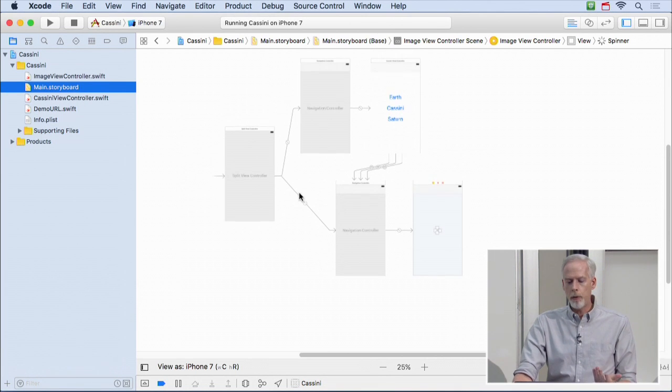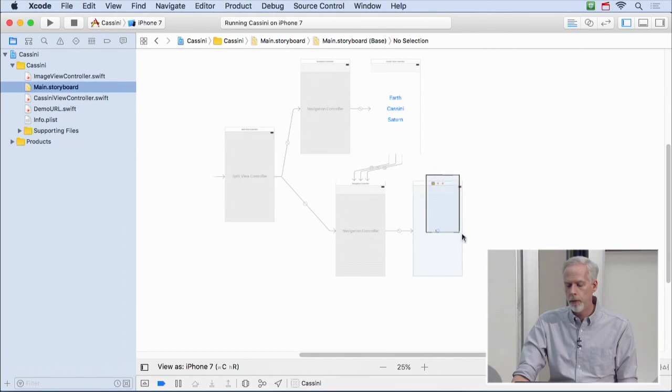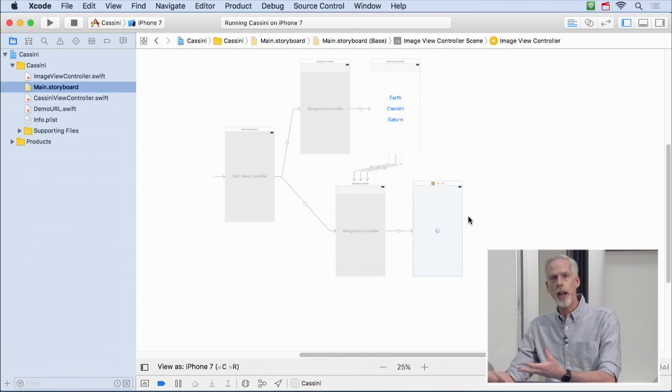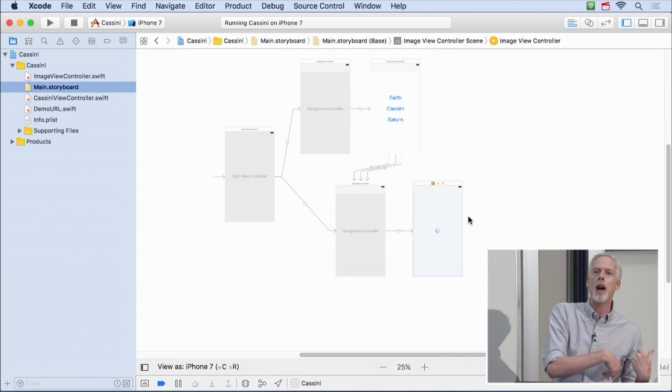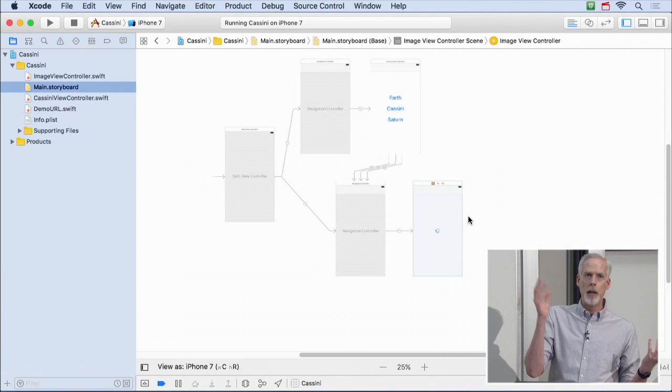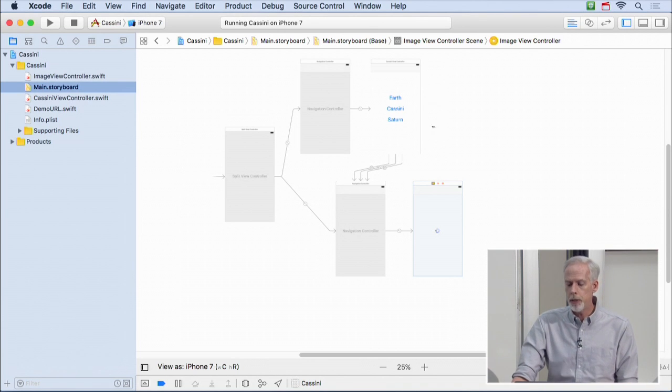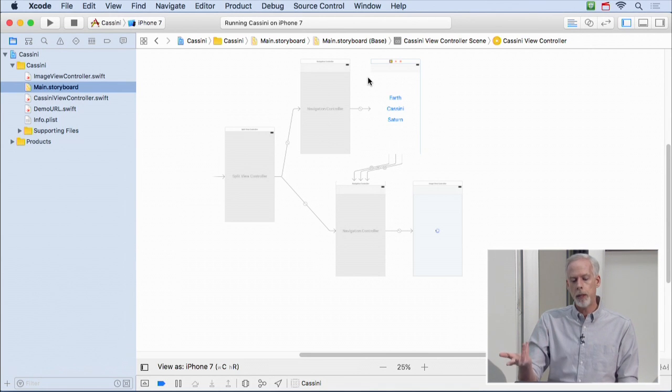Now, I need to have one of my view controllers be the split view controller's delegate. And I can't really have it be this one right here, because this one comes and goes. This is the image view controller. It gets created when it's segue to, and when you go away, it stops. It goes, throw it out of the heap. So I can't have my split view controller's delegate thrown out of the heap all the time. So instead, I'm going to have this view controller be my split view controller's delegate.